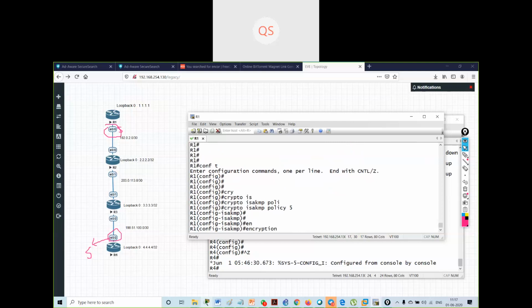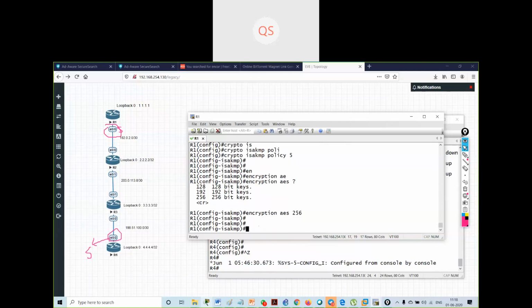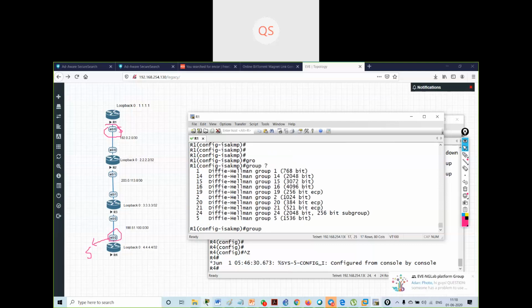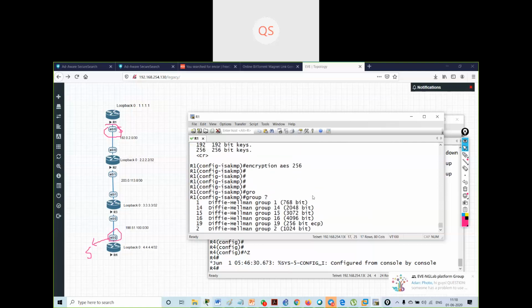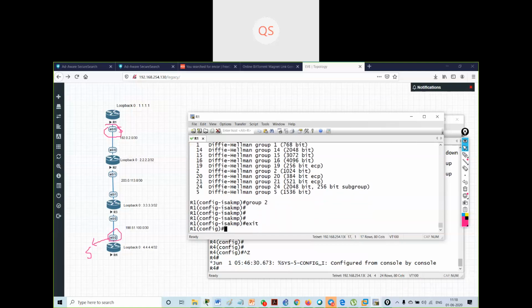I have to select the encryption: AES 256. Then I have to select the group. The group I will select is group number 2, 1024 bit, Diffie-Hellman group number 2.